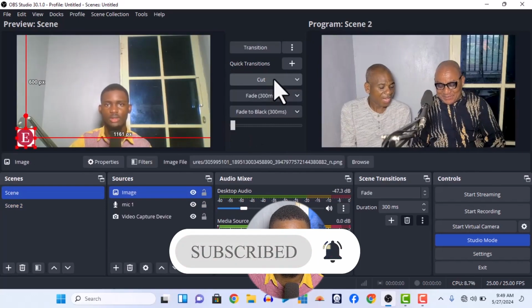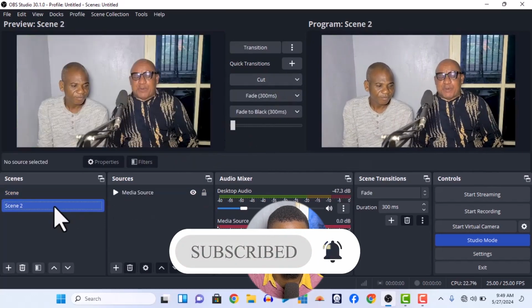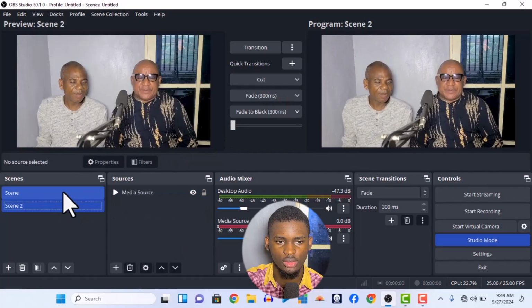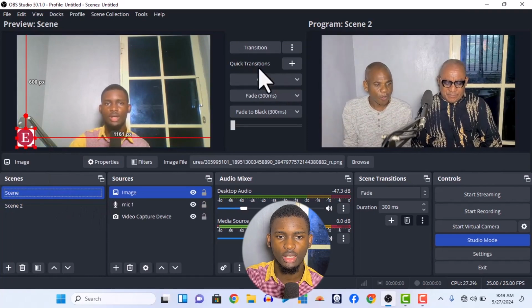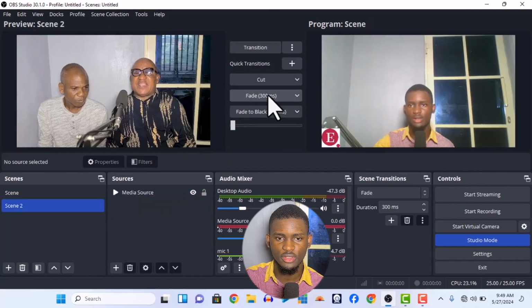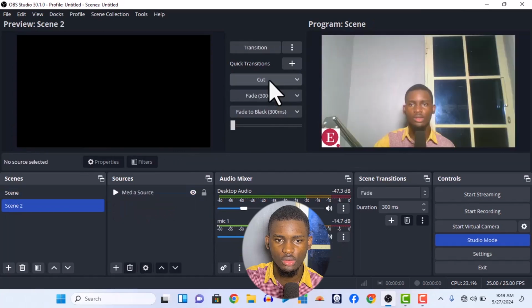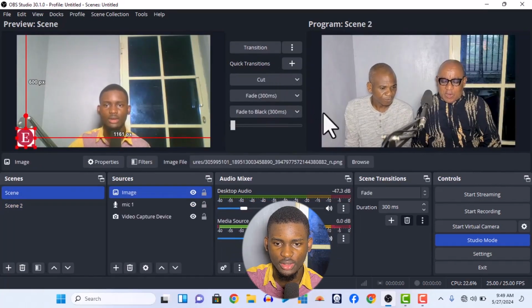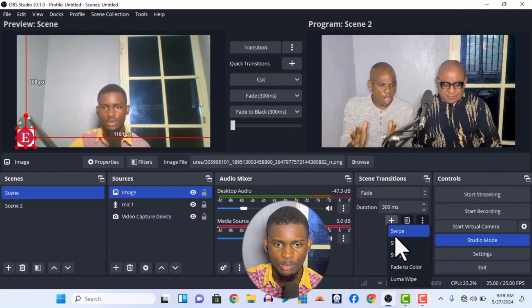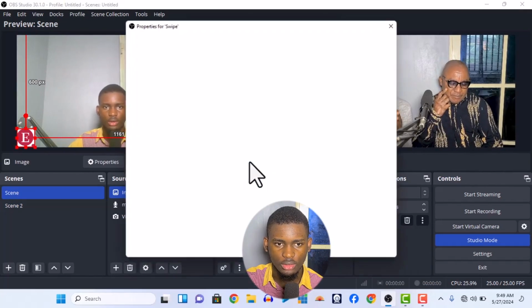It's easy to just cut or fade it from center to the same around. You can just easily cut it and fade it, and this is what I'm showing you. I can fade it like this, it's going to fade. I can cut it, it's just going to clip directly. Transition is also like fading. I can add other transitions over here, you can add new transitions like spiral. Okay, we can swipe